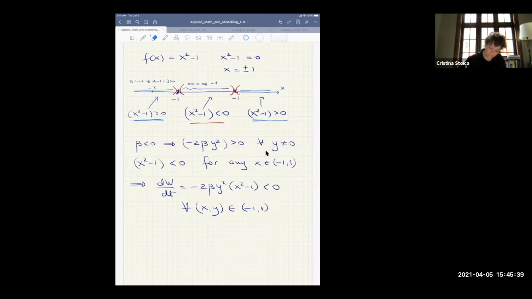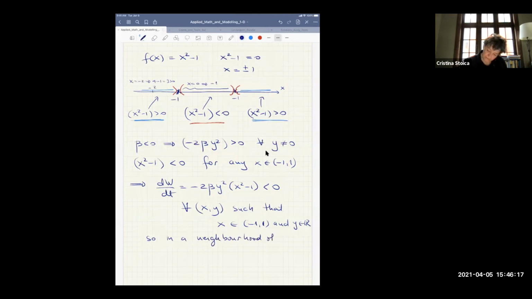So if it is too complicated for you because you didn't do products or whatever, for any x and y such that x is in between -1 and 1 and y in R, right? So in a neighborhood